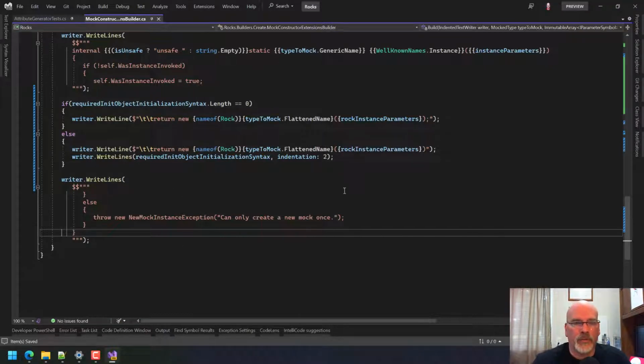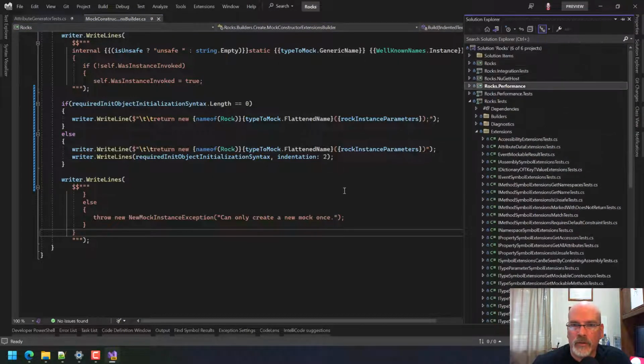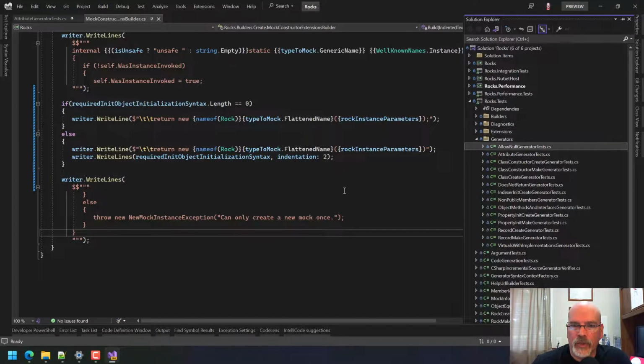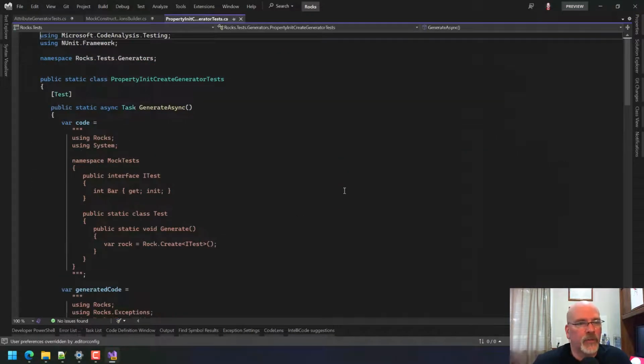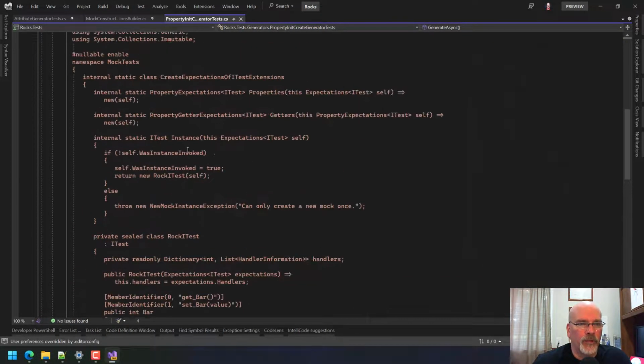But I'm at time for this episode, so what I'm going to do is see if I can just run one of my code generation tests. I think I have one for properties, hopefully. What I'm noticing is that I have generator tests here for, yeah, property init create generator tests. It's actually probably a good one to run and just see, well, what did it do in here? So that's what I'm going to do